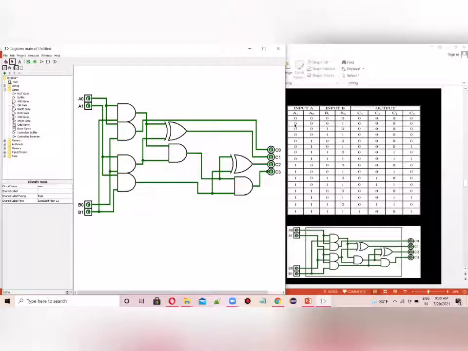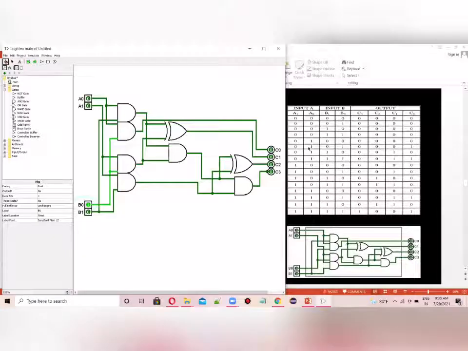Now let's see the second situation. There all the 3 are 0 and only the B note is 1. So let's change it by using the hand tool available. So B note is 1. If we select B note as 1 also, all the outputs are 0. So that is also working correctly.